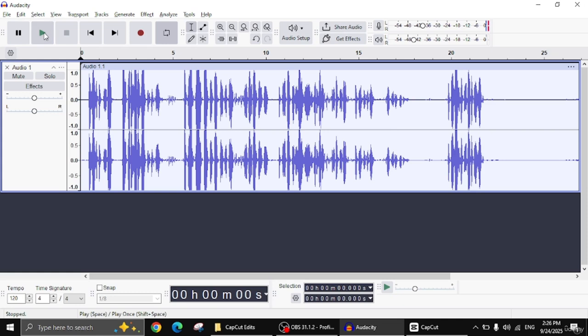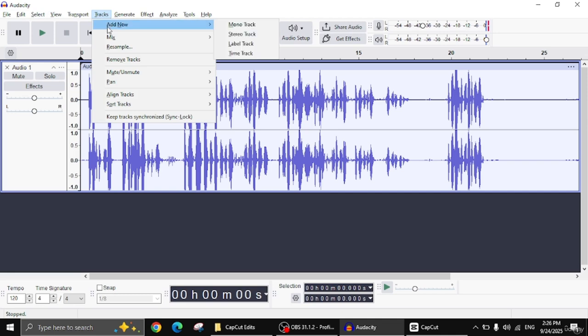Now you can listen to what I'm going to play here, and you can see that I have decreased the volume here. As I increase the volume of that audio track, and when I decrease that audio level, these are the basic uses of the audio levels and recording levels here. Again, I'm going to add one more track here